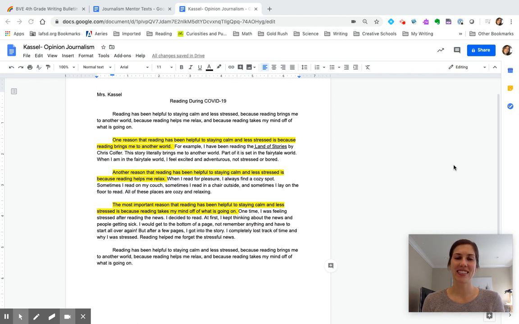Writers, yesterday you flash drafted an entire opinion journalism essay. Today, I'm going to give you some revision strategies. I want to teach you that once writers have a flash draft of a journalistic essay, they go back and revise their evidence by crafting evidence that is multiple and varied. They add in a conclusion to help connect their reason and evidence.